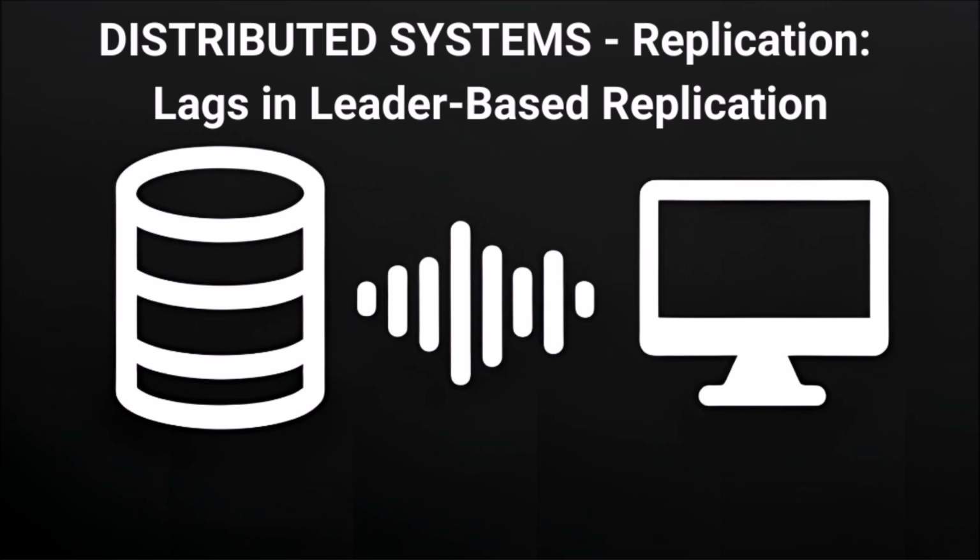Okay, so let's dig into what happens when those followers lag behind. We're talking about replication lag, right? That delay between a write hitting the leader and that change being reflected on a follower. Now, in an ideal world, this lag would be, well, imperceptible. Ideally, yes. Sometimes it is, maybe just a few milliseconds. But the reality, especially under heavy load or if there are network hiccups, is that this lag can become significant, seconds, even minutes. Wow, minutes.